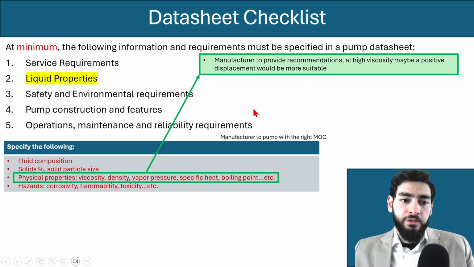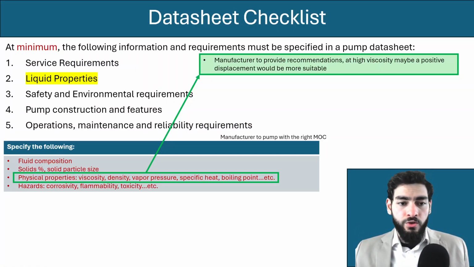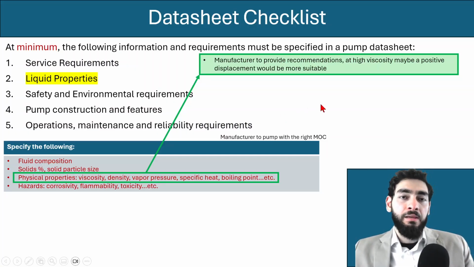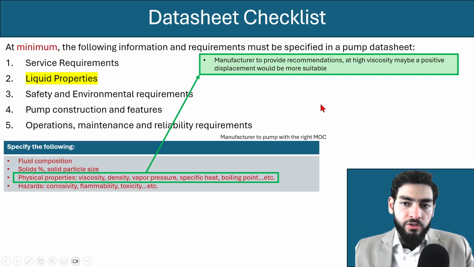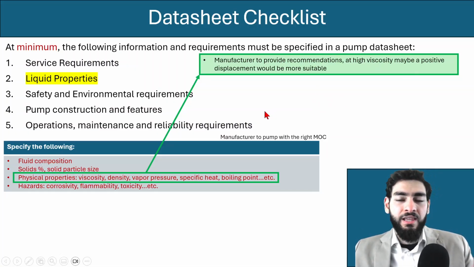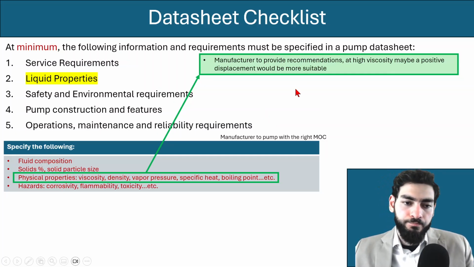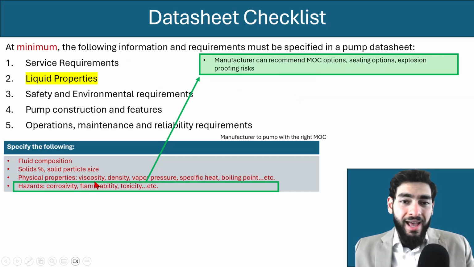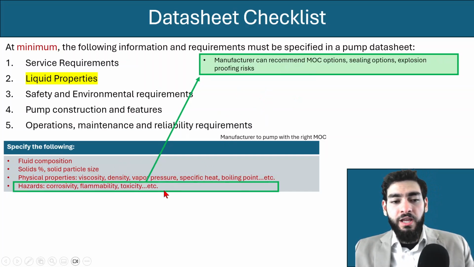Physical properties, you want to give them the viscosity, density, vapor pressure, specific heat, boiling point, and so on. Especially for fluids that are not known, you want to give them this information, because then the manufacturer is going to provide you recommendations. So for instance, at high viscosity, they might recommend a positive displacement pump if it's more suitable. In terms of hazards, the manufacturer, if aware of that, can help provide you the right materials